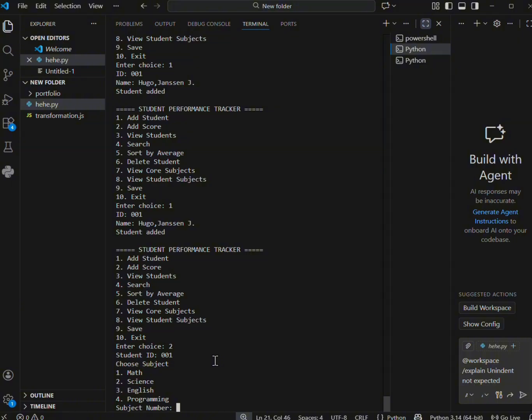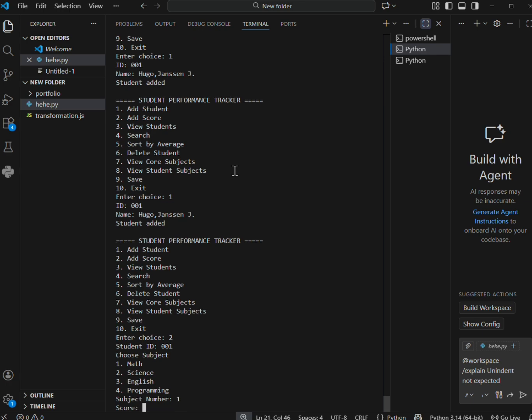I select a subject by choosing a number from 1 to 4. 1 is for math, 2 for science, 3 for English, and 4 for programming. After I select 1 for math, then input the score. The system stores this as a tuple inside a list and also tracks the subject using a set to avoid duplicates.